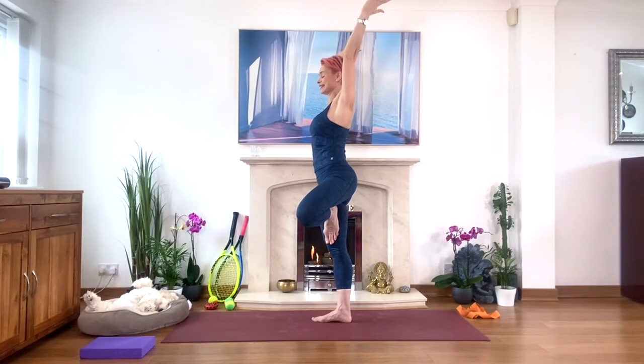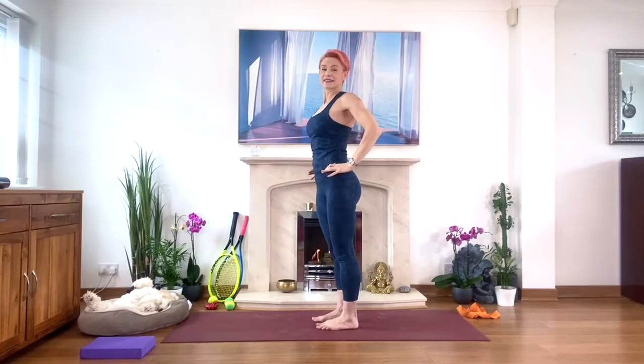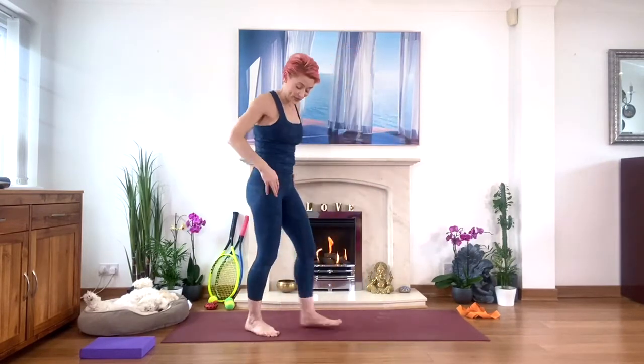Well done. And then bring your hands together. Bring your hands to your heart and then relax and give your legs a little shake. Relax, relax, relax. Great. For the second balance, this is your dancer pose, and we did stretch the front of